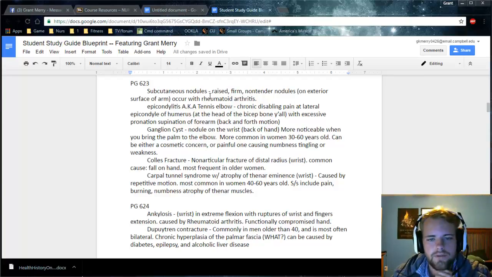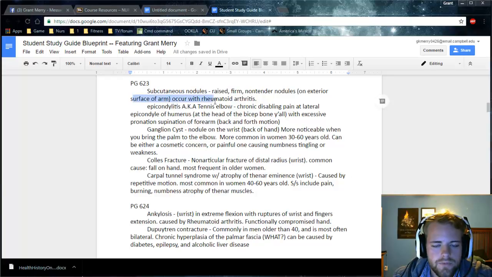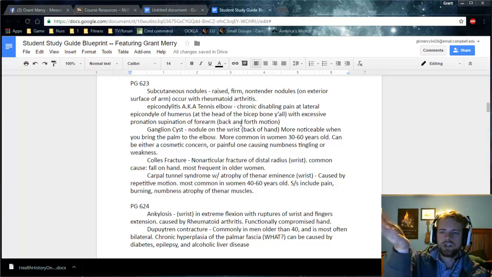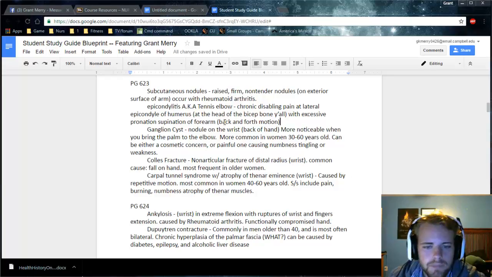You have subcut nodules, raised firm, non-tender nodules on the surface of the arm, which occur with rheumatoid arthritis. Epicondylitis, aka tennis elbow, is chronic disabling pain at the lateral epicondyle of the humerus, head of the bicep bone, y'all. With extension, pronation, supination of the forearm, the back and forth motion, from like playing patty cake, or of course racket sports such as tennis